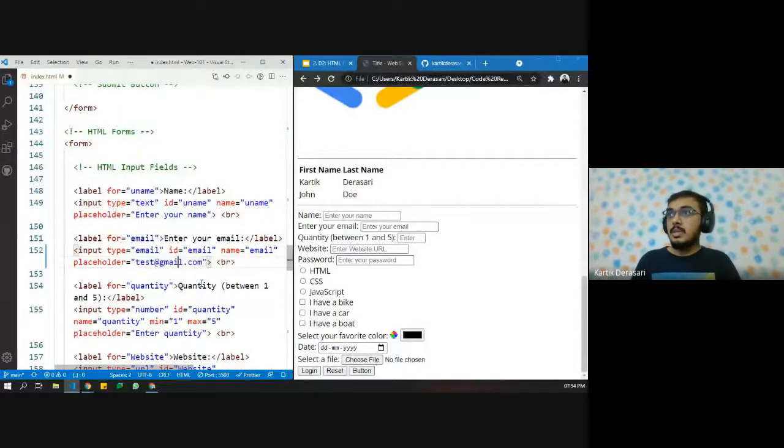Or for example, in number, if we want them to use the country code, or if we don't want them to use the country code, we can show them some demo text or descriptive text. Okay, next question.